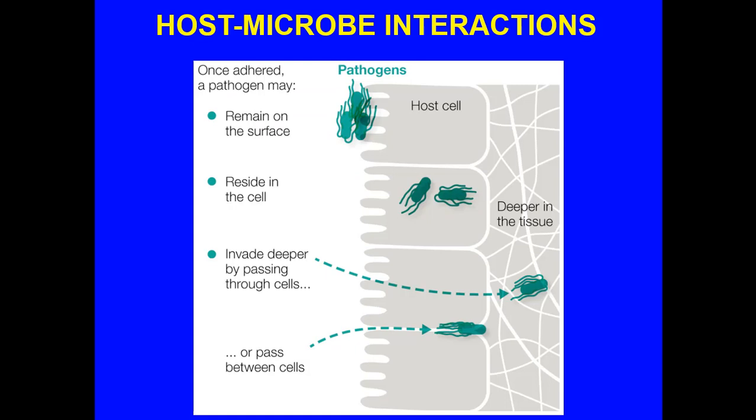Here is, once the infection occurs, what happens next? Now, this is a perfect example here. It looks like Shigella bacteria. What you would have is they remain on the surface, or they may actually reside inside the cell, but they don't stay there. They may actually pass between the cells, as you can see in some cases, but in other cases, what look like cilia or flagella will help the cell propel itself into deeper tissue, passing from one cell membrane to the next to the deeper tissue, okay?